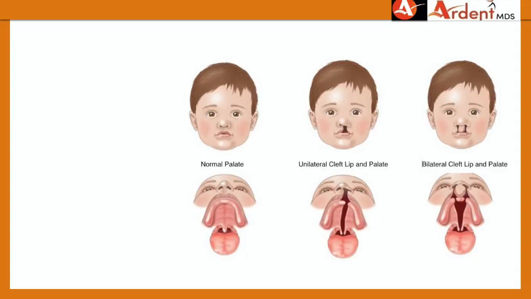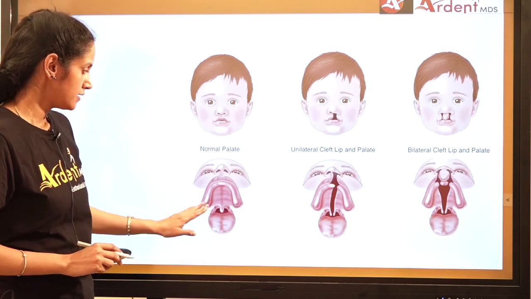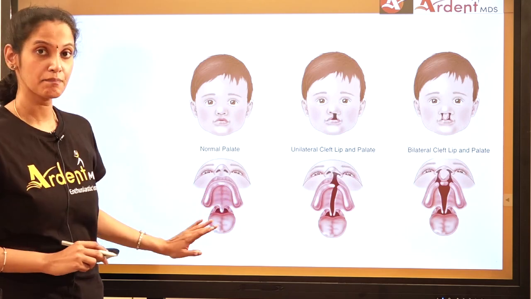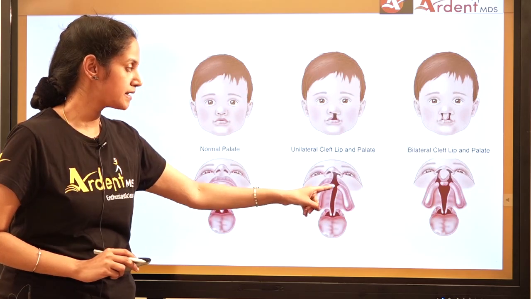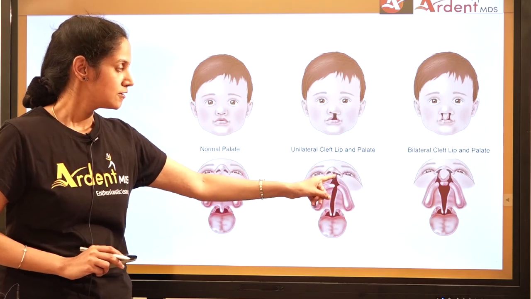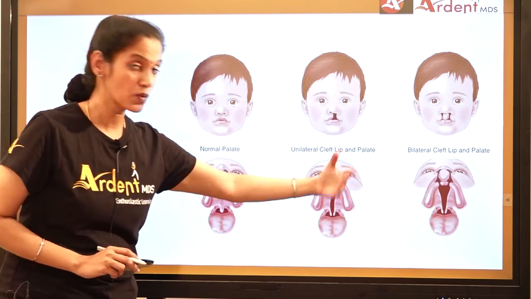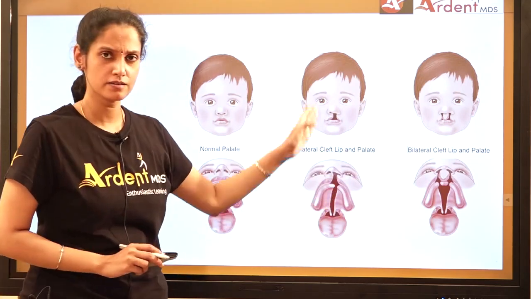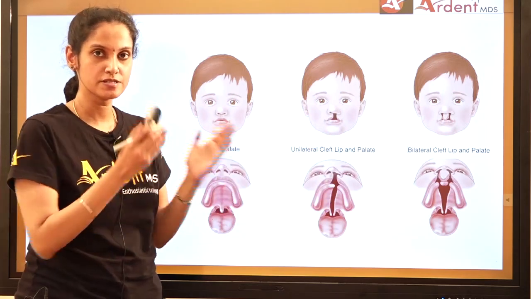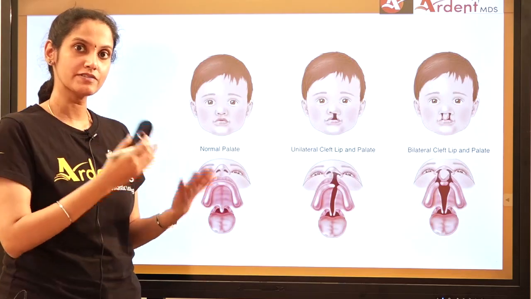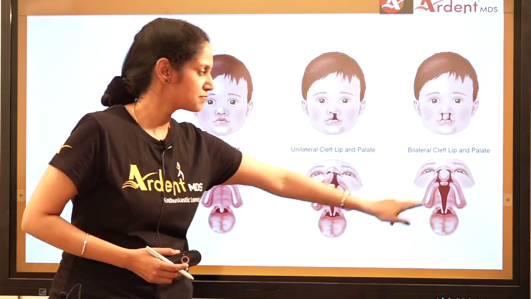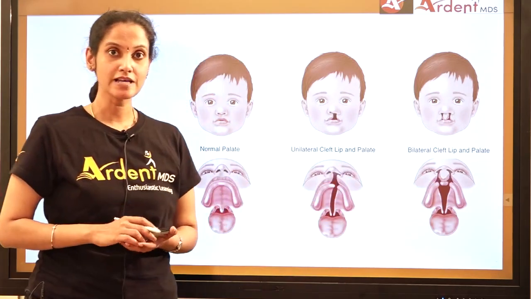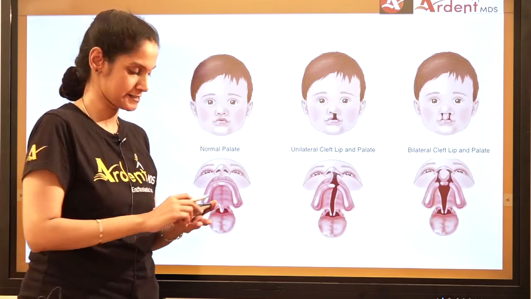So how does the facial profile of the patient look like? You see this? This is a normal palate. The alveolus is complete, the soft palate, hard palate along with the uvula are complete. But here in unilateral cleft, it starts from the soft palate, hard palate involving the alveolus and the nostrils. It's opening up into the nostrils, right? A through and through fistula develops, and an opening is present between the oral cavity and the nasal cavity. Here this is the bilateral cleft lip and cleft palate. You see that the alveolus has breaks at two portions bilaterally? Yes.